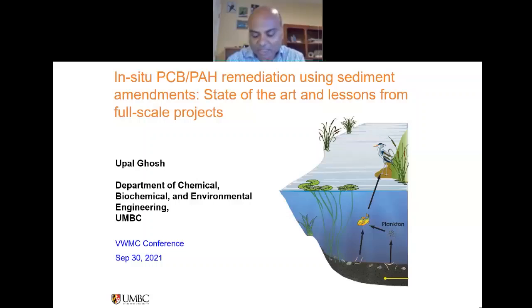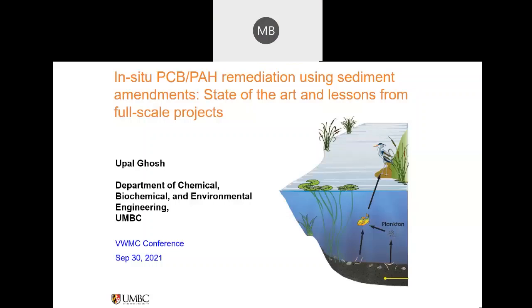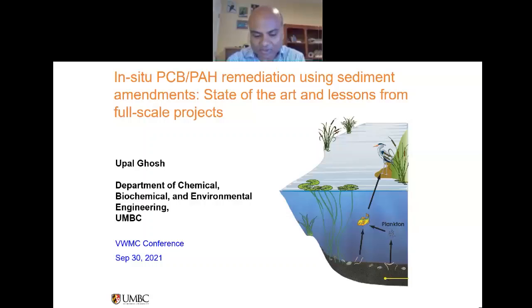So another important and nasty characteristic of these chemicals is that they are persistent. They don't flow out into the ocean, but stay embedded in the sediment deposits because these chemicals are hydrophobic. They don't like to be in the water phase. They bind to particles and settle out. So in many of these cases, we have contaminated sediments under a water body, and we have many cases in our area here. I do a lot of work in Maryland and Virginia, so I'll give you a few examples of our work in Virginia as well. And nationally, it just plays out in a big way to impact water quality. Next slide, please.